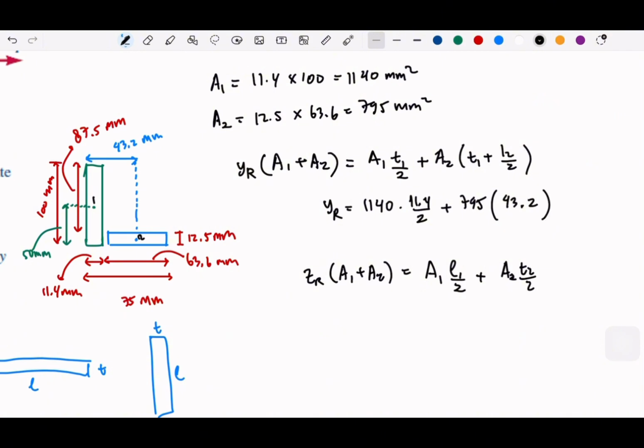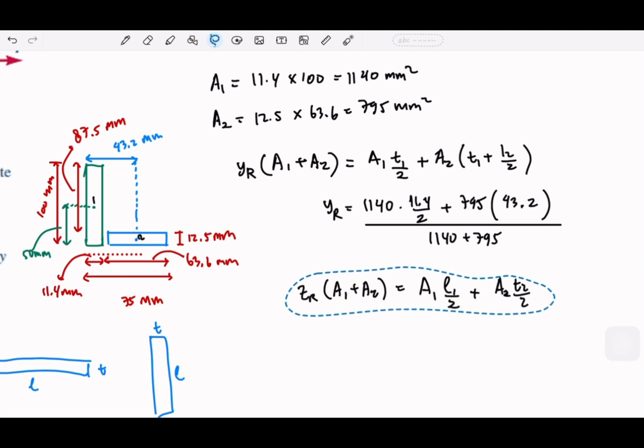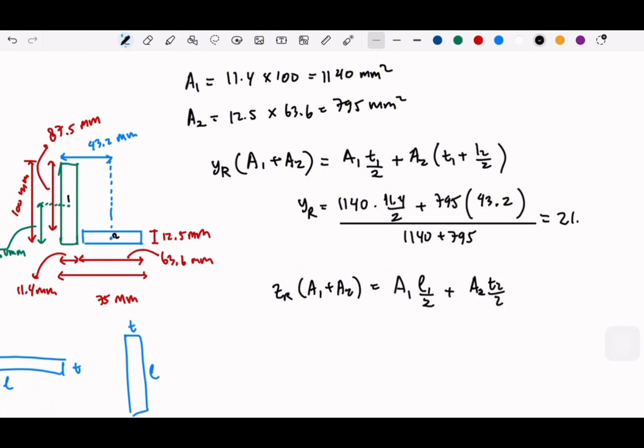Okay, divide by 1140 plus 795. You can also check it using your calculator whether the numbers are similar or not. This is supposed to be 21.11 millimeter,